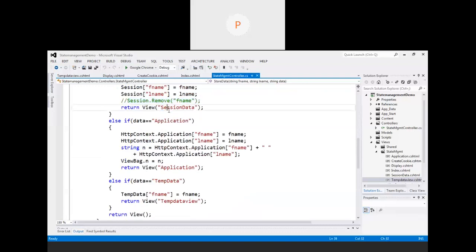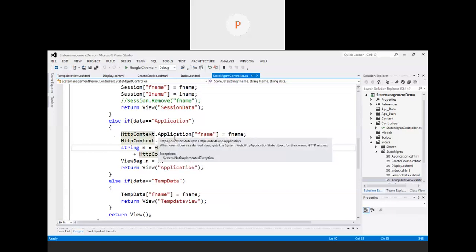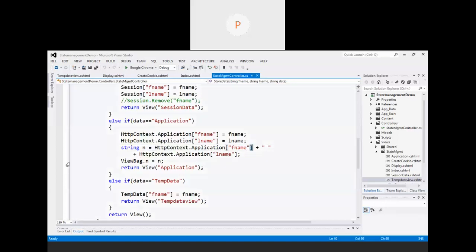In the same way, now in ASP.NET it was simple that you could write Application f name, Application L name, but here it is compulsory to access the application data through HttpContext, like HttpContext.Application f name, HttpContext.Application L name, etcetera. And string n equals HttpContext.Application f name. Since I'm retrieving it also, we are storing it within a ViewBag and then we are returning.